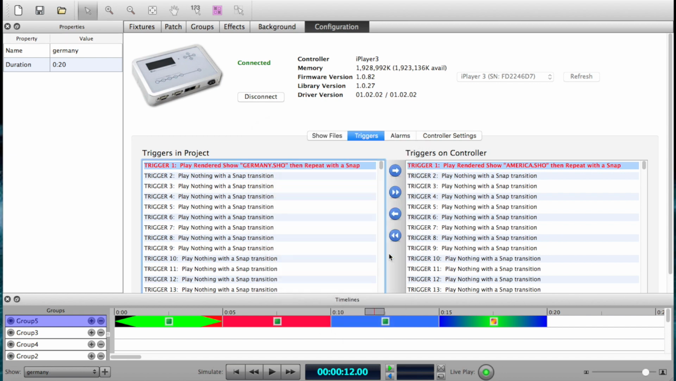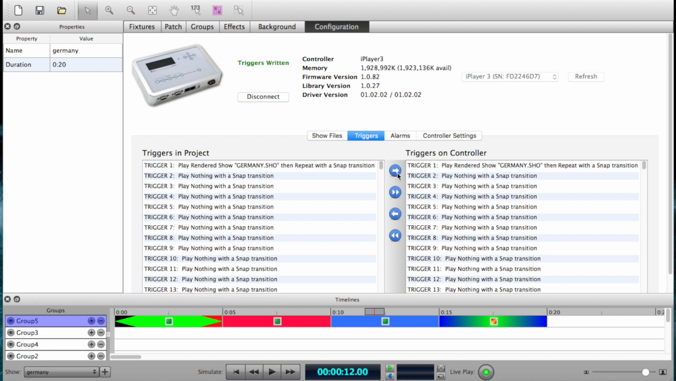Okay, so this is trigger run 1, rendered show, Germany. And then what you do is you click it again, hit the little arrow, moves it over. You can disconnect and it'll work without the computer, and you're done. That's everything. Now another thing, if you want to get super kind of advanced, if you double click,